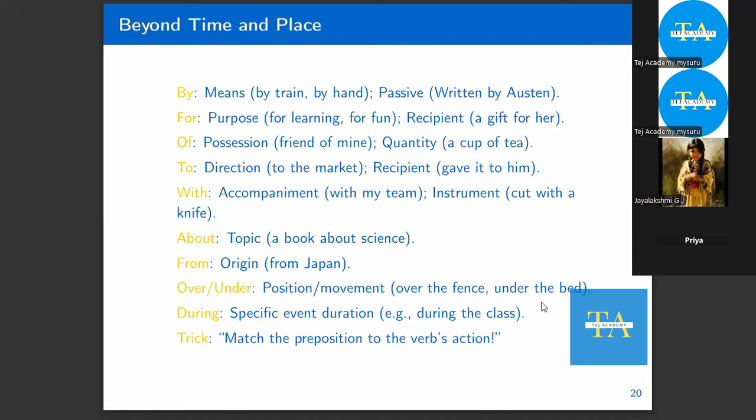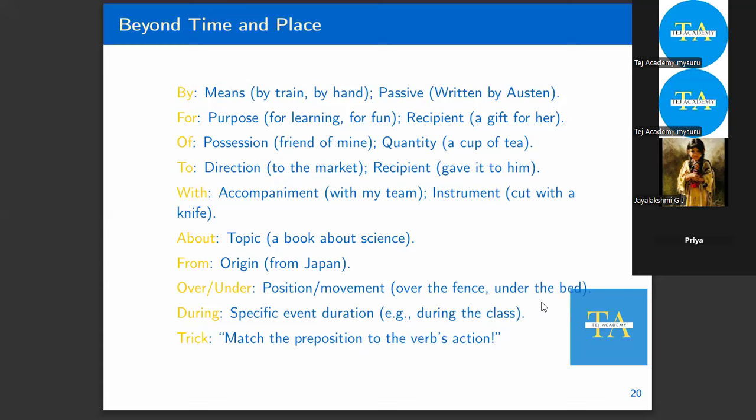Okay, by. Here it's given with the passive format. We use by for means, like by train or by hand. I will go by train. This painting is done by hand, meaning it's not generated by the computer. And while speaking about passive sentences, like this is written by Austin, or this book is written by my friend. And for is for purpose,